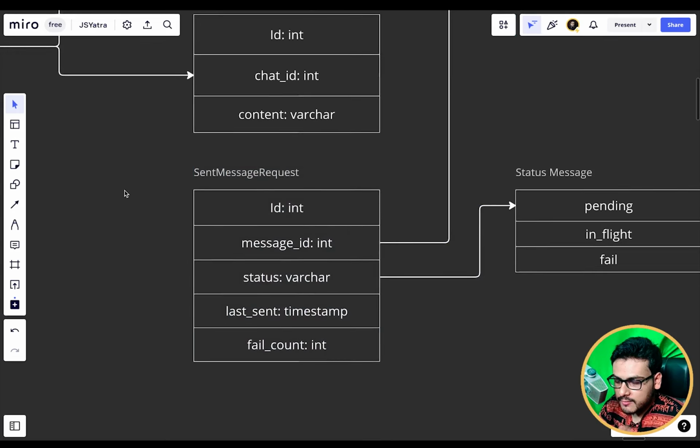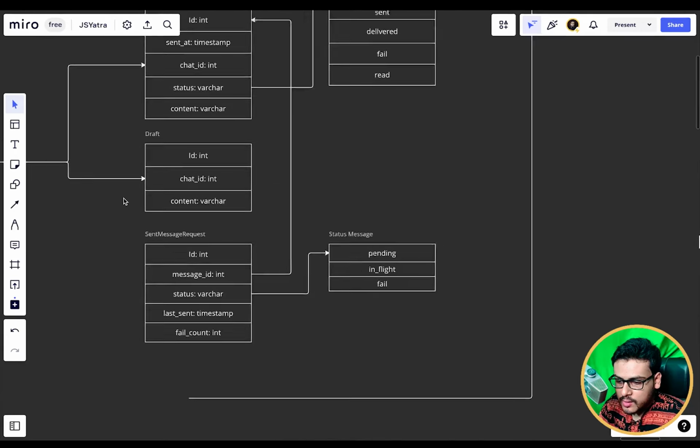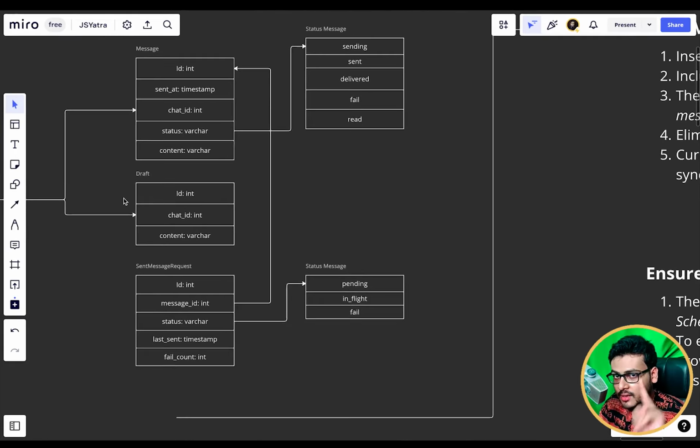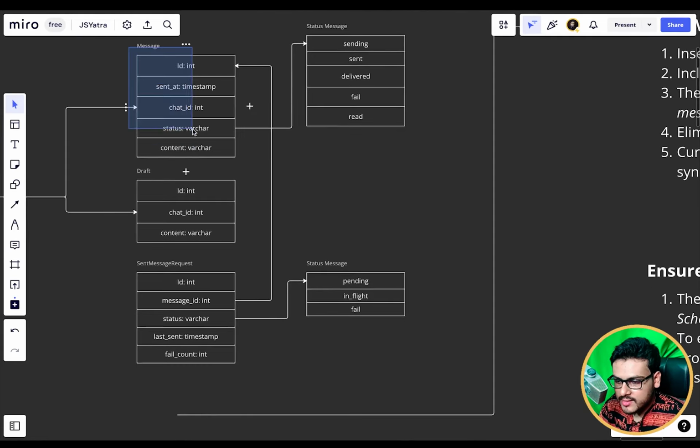So whenever you are sending any message, typing anything and hitting enter, the controller makes entries in two tables. One is obviously the message table with status as sending. And it also makes an entry in the sent message request table with status as pending. Okay, so the sent message request is the table which the scheduler is going to read.